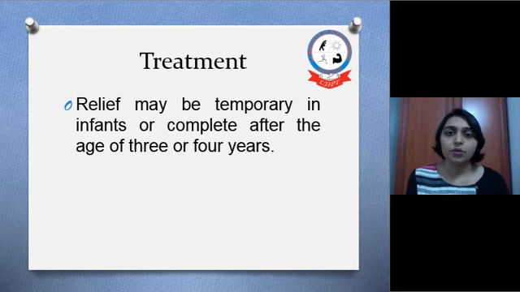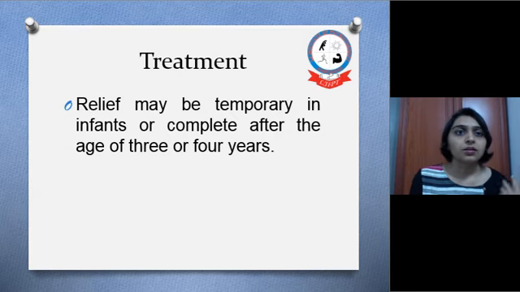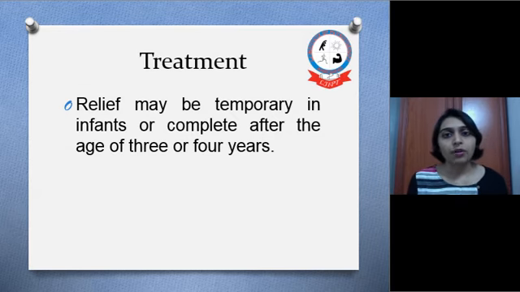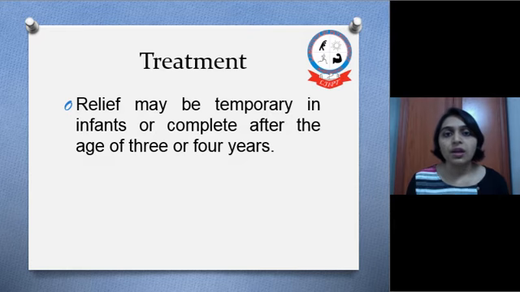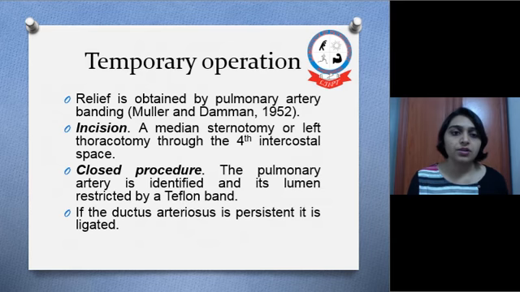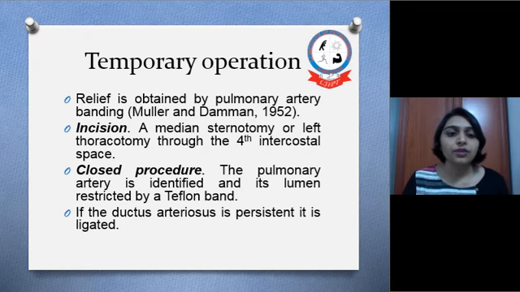We will be waiting for closure with conservative medical management, which may include prophylactic antibiotics to prevent infective endocarditis. If any left ventricular failure or right ventricular failure develops, then treatment like oxygen therapy, digoxin, diuretics, fluid restriction, etc. should be performed. By that way, we have to wait till the infant gets 3 to 4 years of age, and after that we will plan for surgery. For that also we can plan a temporary operation which will give relief, obtained by